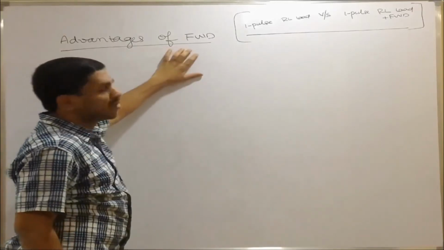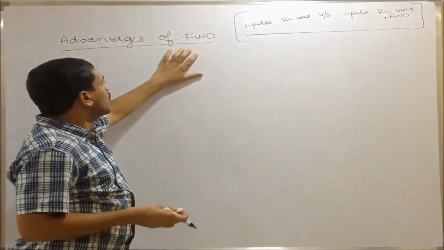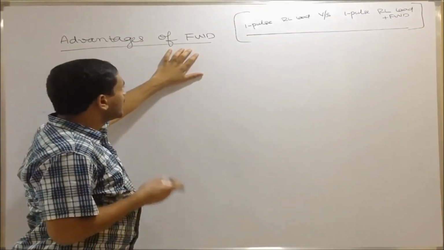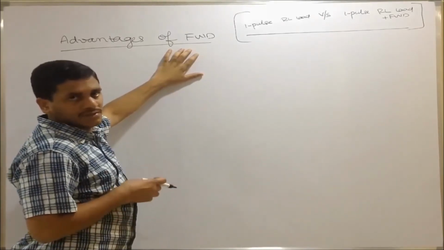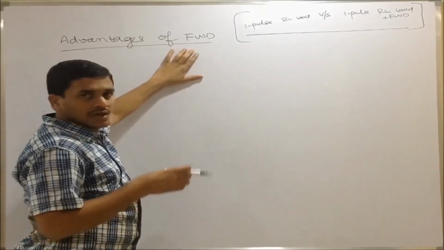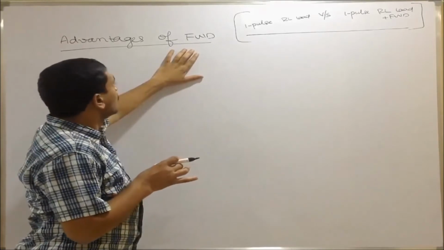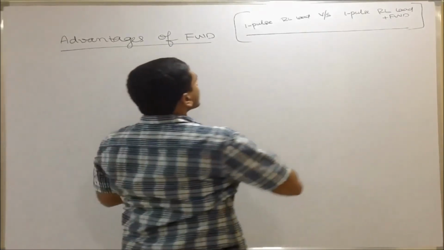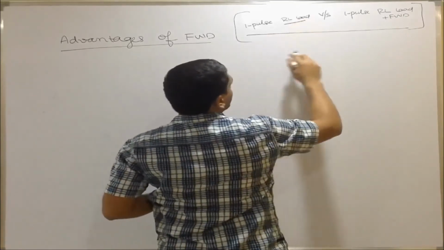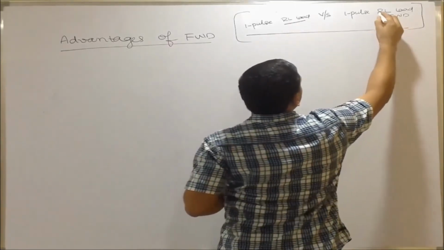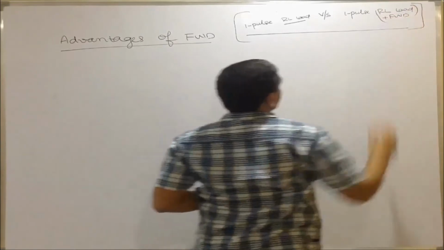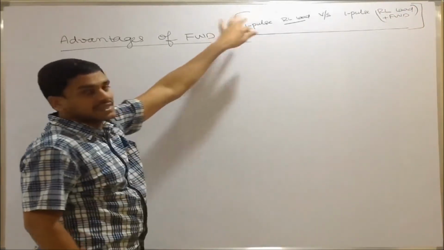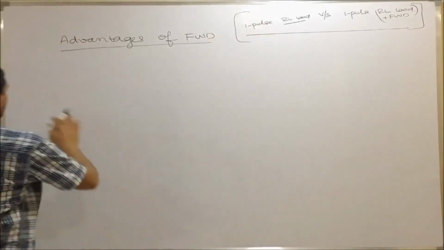Okay, so we have to know if the freewheeling diode is inserted in the circuit, what happens? Meaning, you have to take the freewheeling diode case and the without freewheeling diode case. I have taken RL load. Here there is no freewheeling diode, and here RL load with freewheeling diode. So these two things I am comparing. And in particular, it is single pulse because we have covered only single pulse.